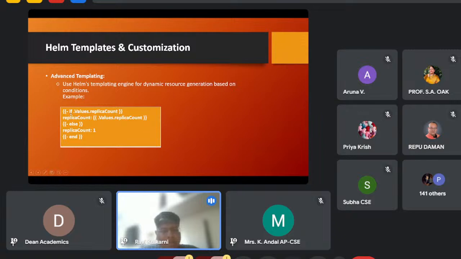Otherwise, you can have something called an if-else loop also, right? So if values.replicaCount is defined, then put replica count equal to that values.replicaCount. Else, go ahead with the replica count equal to 1. That means what we are doing here is